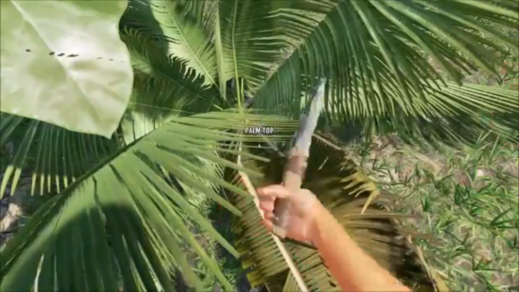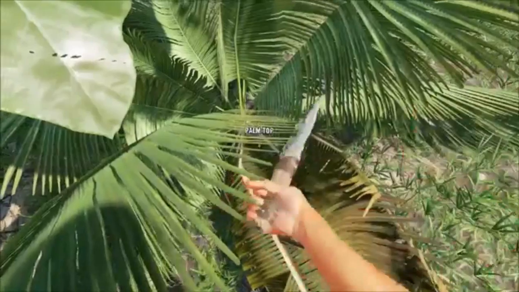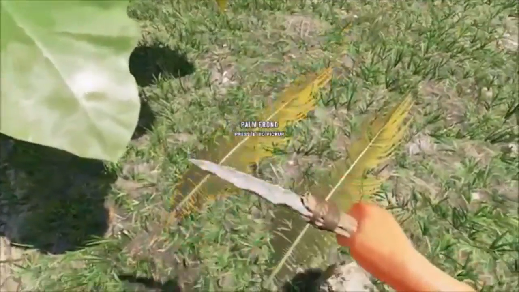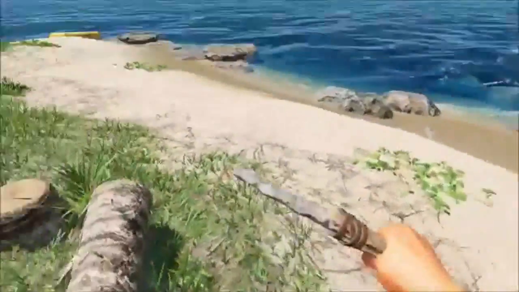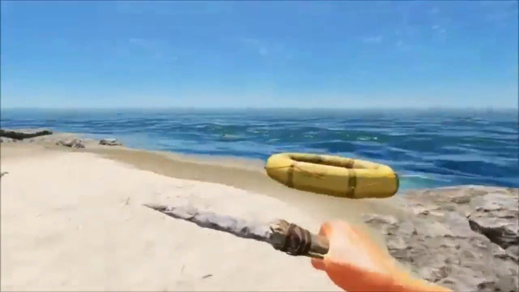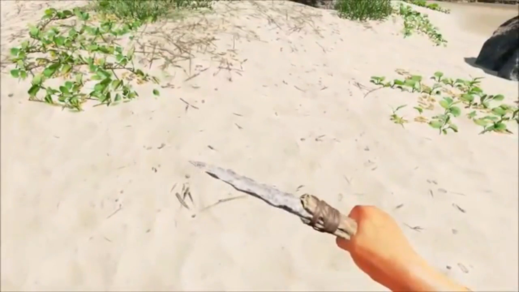What this is going to do is break this palm top into little leaves, and that's what you'll use to build your shelter. Like I said, don't ever just give up. It just takes a minute. It can be very frustrating because you'll be like, well, I've been doing this forever, but it just takes a minute and then it'll...